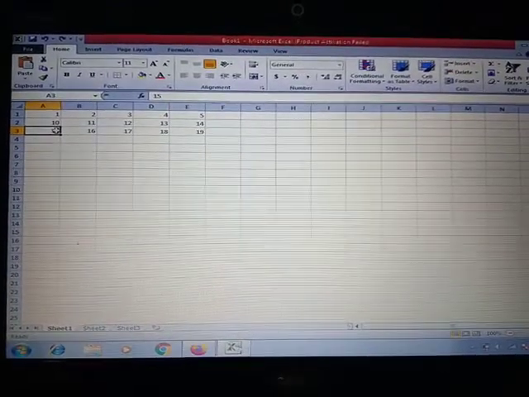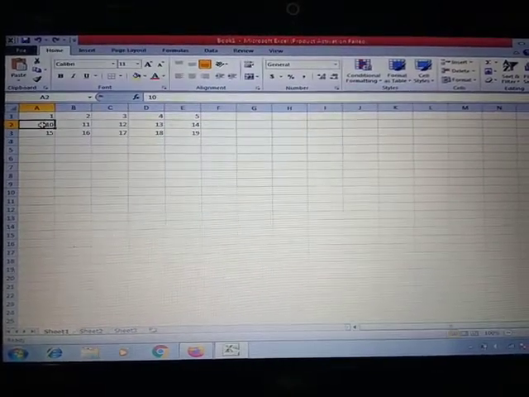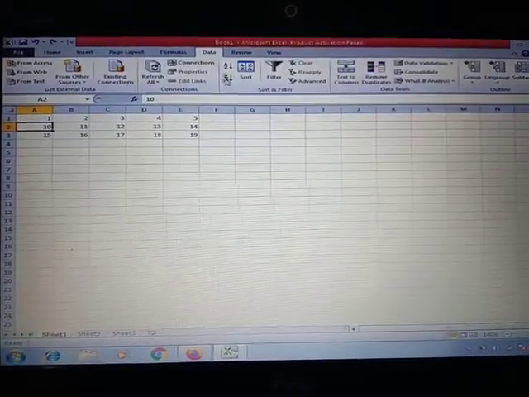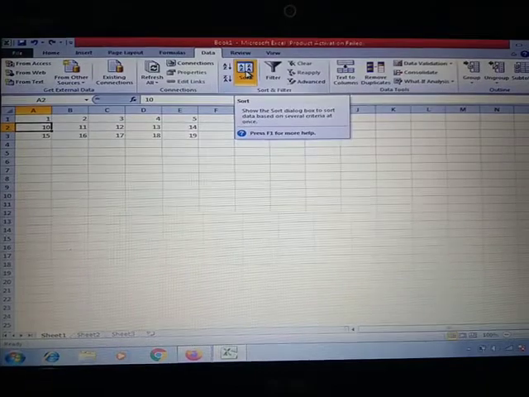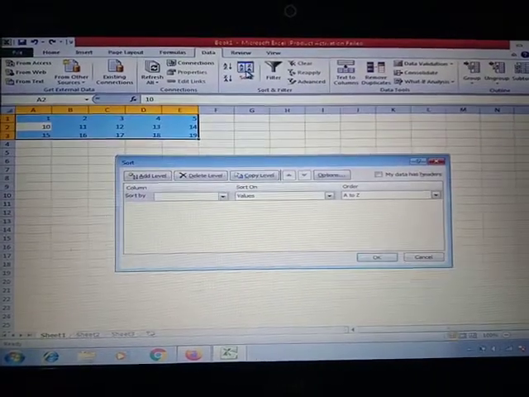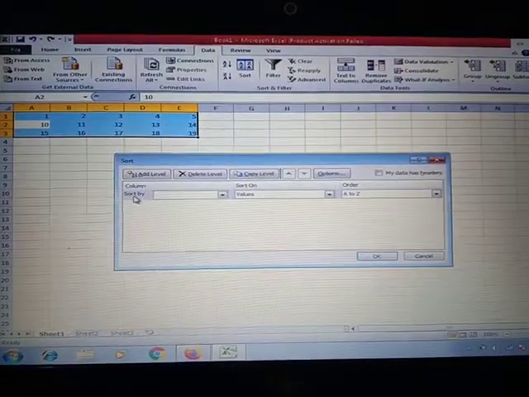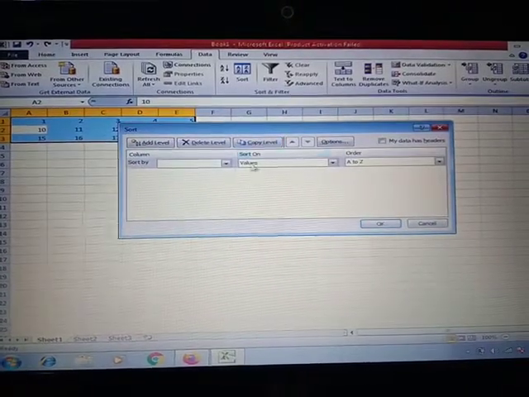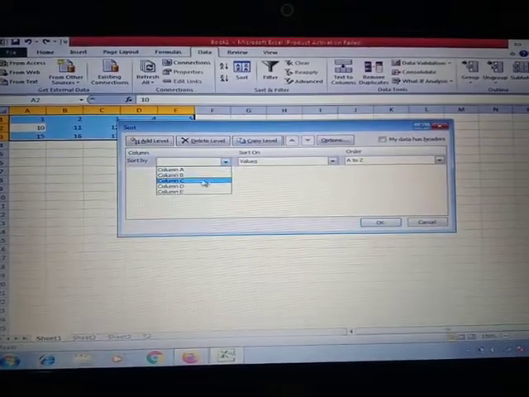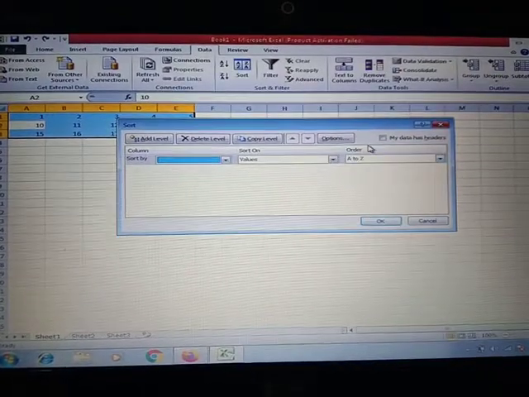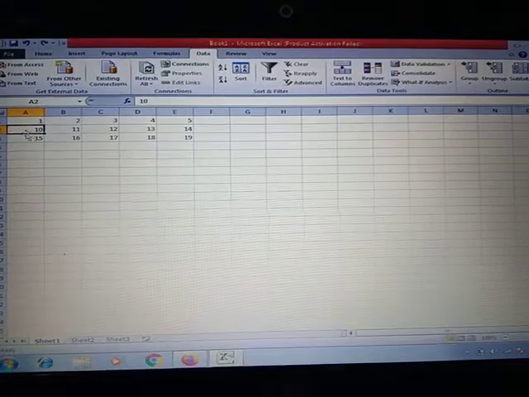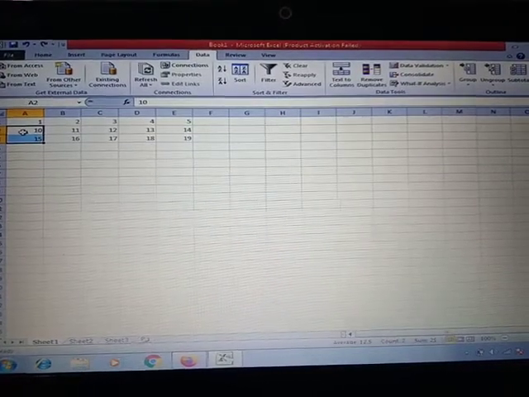To sort the data, we have to click on Data, then here is the Sort option. When we click on Sort option, a dialog box will appear in which there is the option of Sort by. We can sort by column or by the values or by the order, or we can simply use the shortcut